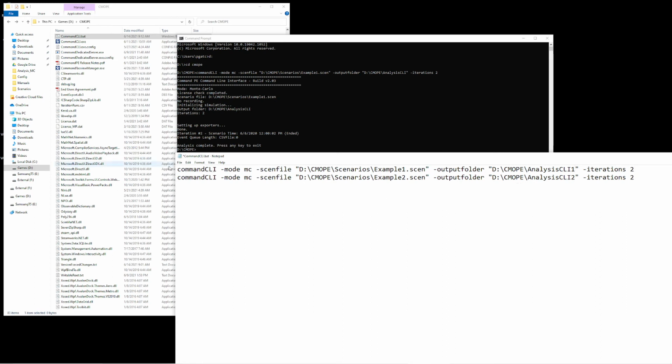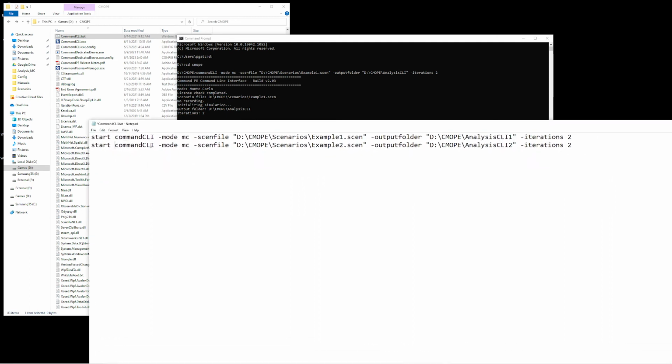The next thing I'm going to do is instead of typing command CLI, I'm going to type in the word start command CLI. What this is going to do is actually activate this in parallel, and we'll see exactly what that does in a moment. So I'm going to save this,